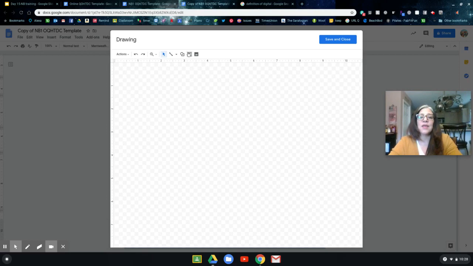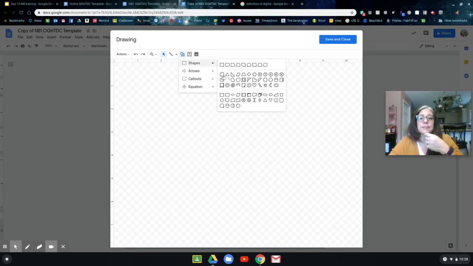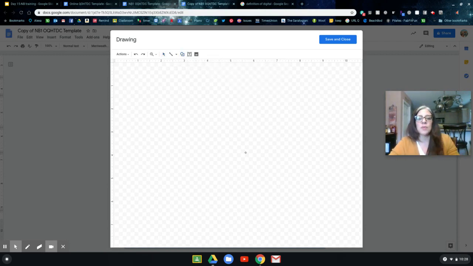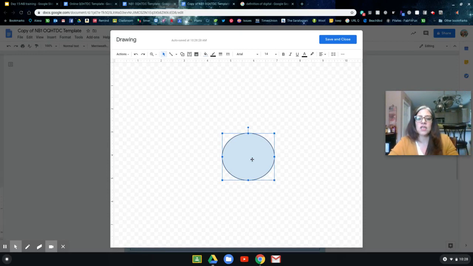I can type labels into my picture by using the text box, right? I can draw shapes. Let's just do a circle. Oh, there's a Pac-Man there. I should have done a Pac-Man. I can stretch, flatten, flip, do whatever I want with this circle by clicking and holding that click while I drag the cursor around until I let it go. And there it is.